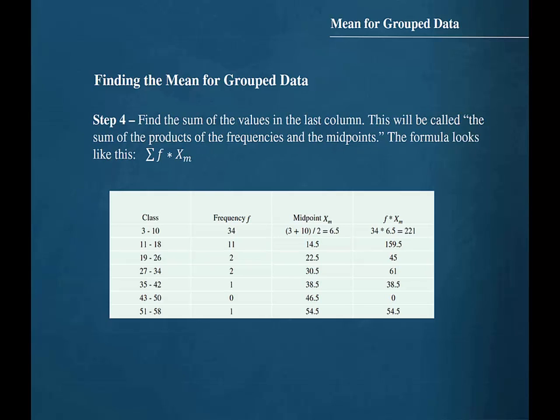In step 4, we will find the sum of the values in the last column. This will be called the sum of the products of the frequencies and the midpoints. The formula looks like this. The sigma symbol means to sum or add up, and then we have the products of the frequencies and the midpoints. Adding each of these products, we find the sum to be